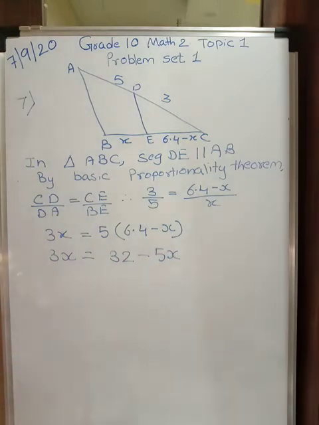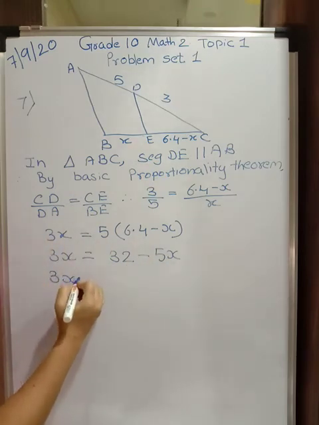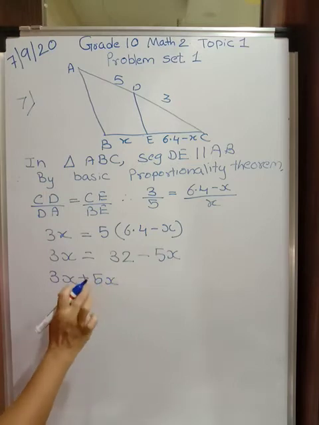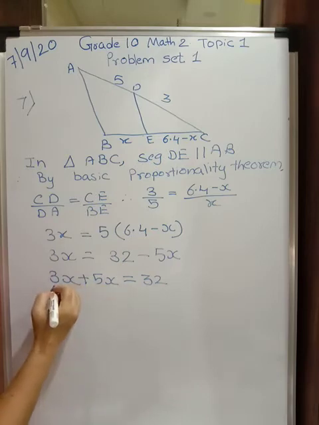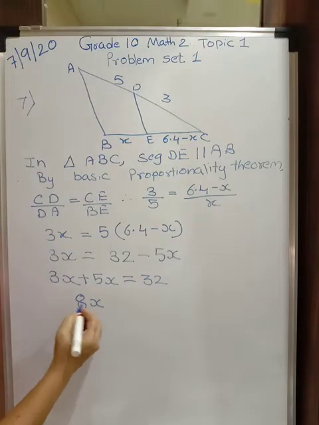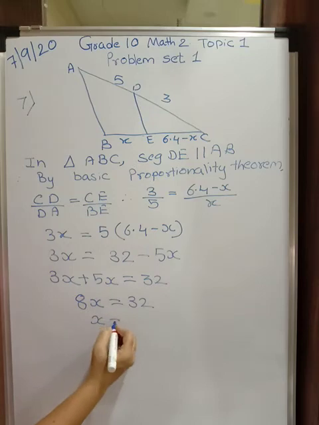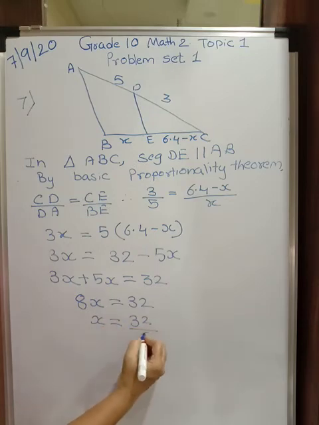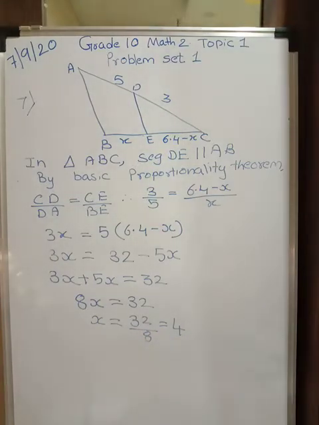Very easy. Now 3X. I am taking this 5X from the right hand side to the left hand side, so it will be plus 5X, which is equal to 32. Now 3X plus 5X, like terms we can add. 5 plus 3 is 8, and it will be only X. Don't write X square, it is not multiplication; you are adding like terms. So 8X will be equal to 32. And what will X be then? X will be 32 upon 8, which is equal to 4. It's so easy. I hope it's clear.